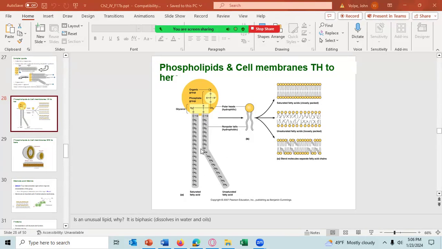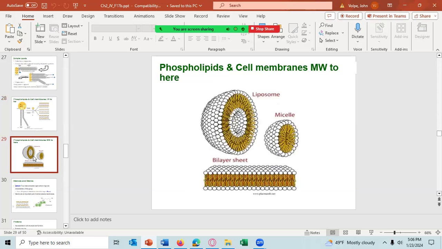Phospholipids are the main molecule in the cell membrane. When you put a bunch of phospholipid molecules together in water, they will start lining up